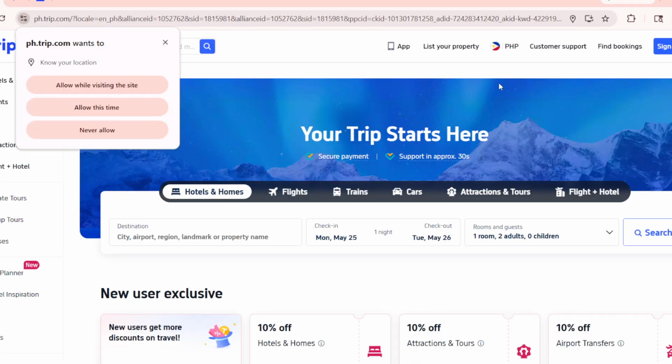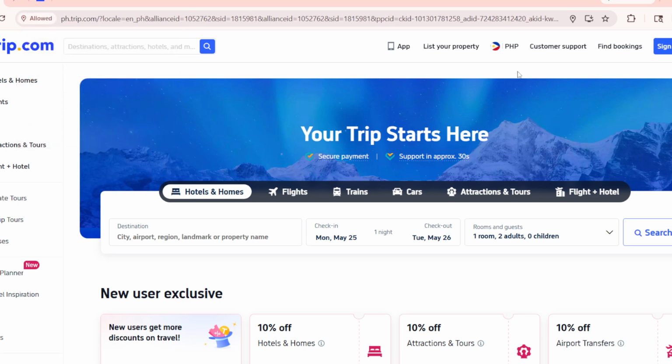It should show the Trip.com domain and a secure padlock in the address bar. Skip any suspicious lookalikes, and if you see ads at the top, scroll to the organic result to be safe. Click the correct link to land on the homepage. If a region, language, or currency prompt appears, just confirm what suits you. It won't affect the registration process.